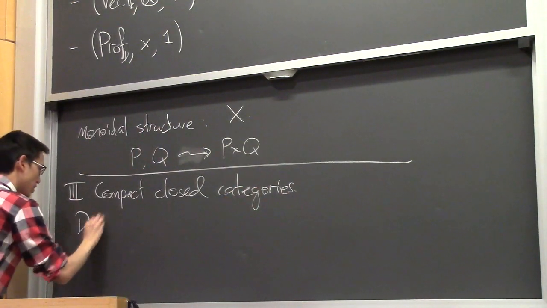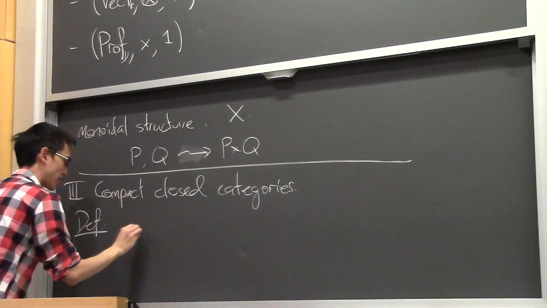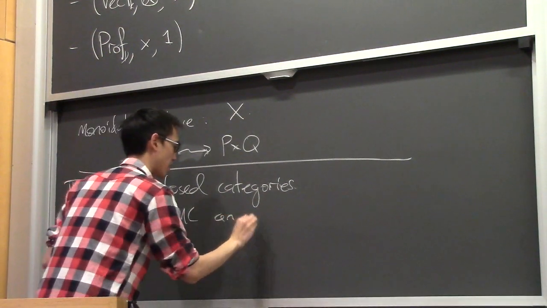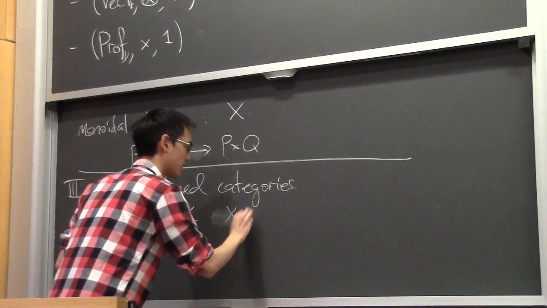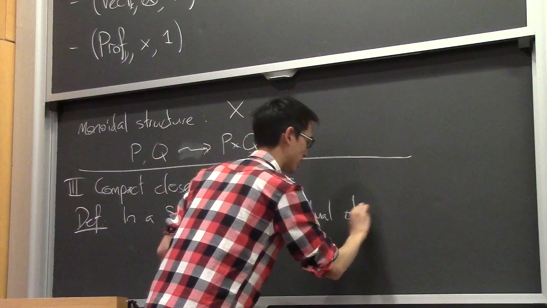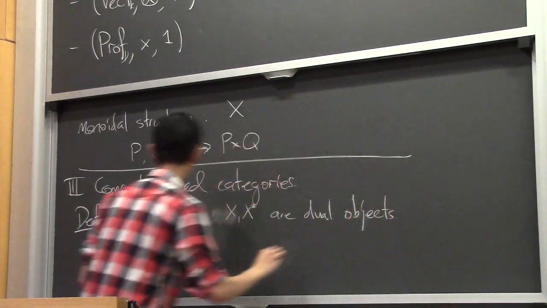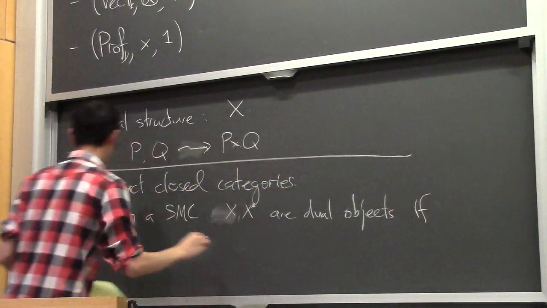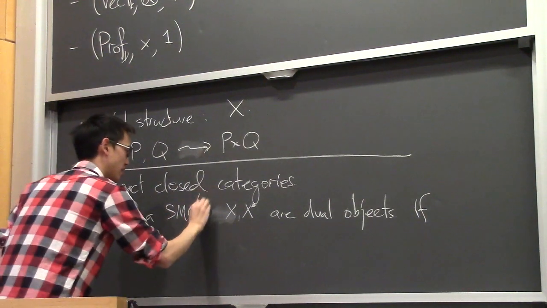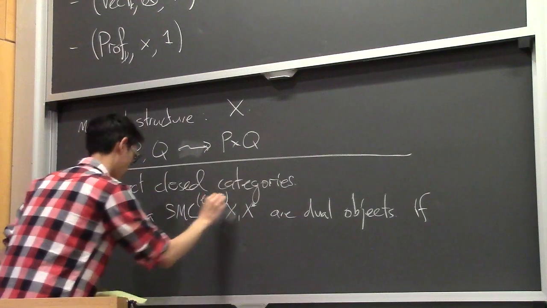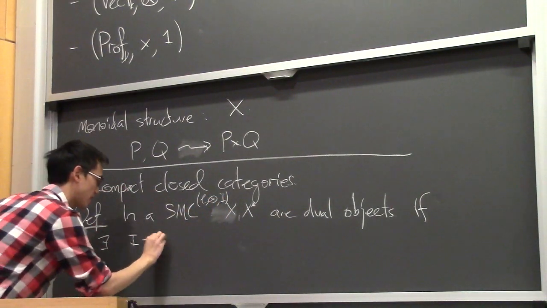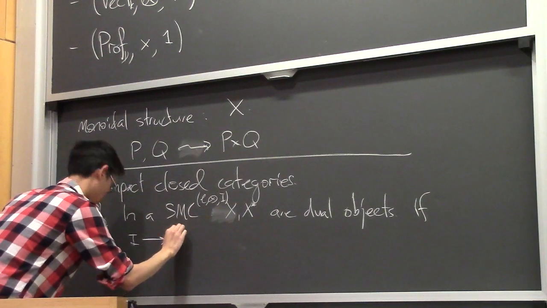So here's a definition. In a symmetric monoidal category, we say that X and X star are dual objects. They're going to be dual objects if there exist morphisms. It's a symmetric monoidal category, let's call it C tensor I. Then we want morphisms from I to X dual tensor X,